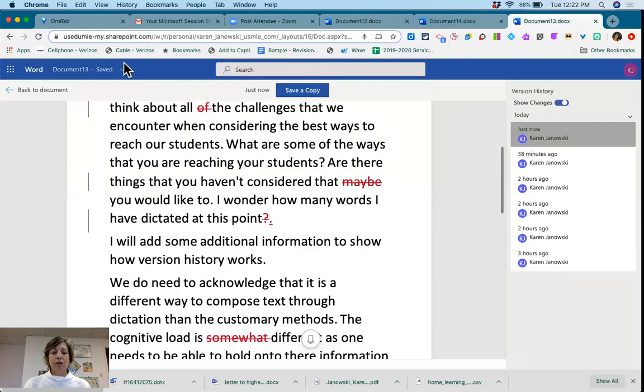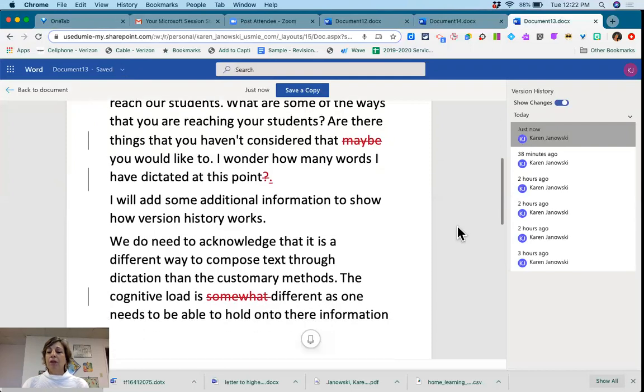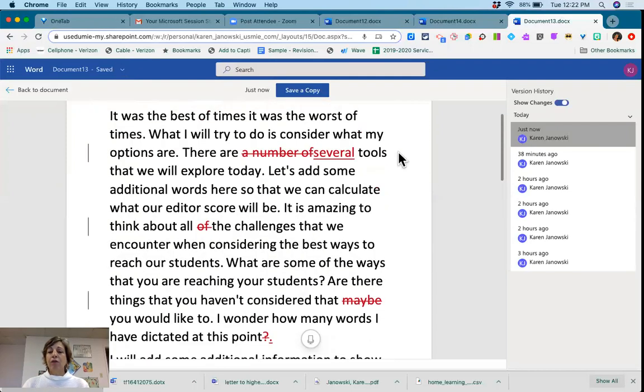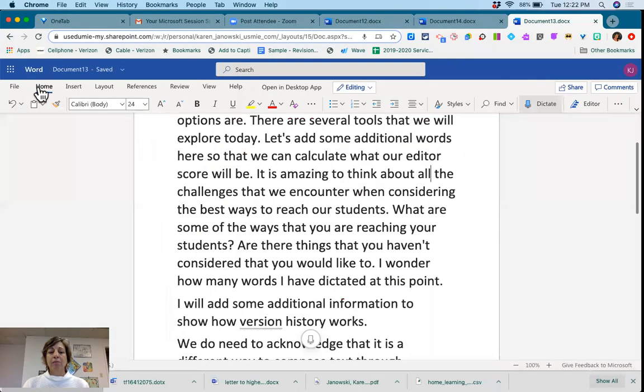After everything is corrected, are the corrections highlighted in any way? Okay, so did that help? So there's some information about version history. We'll get out of that. We'll just go back to our document. And so now what we have done is we've explored dictation. We've explored some of the features. The editor feature is so incredibly powerful. We really want to